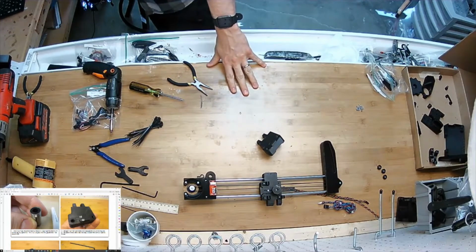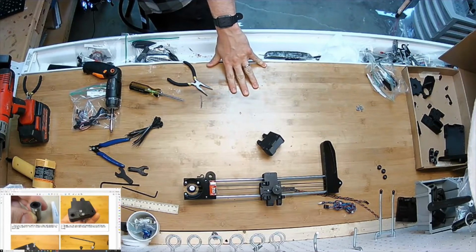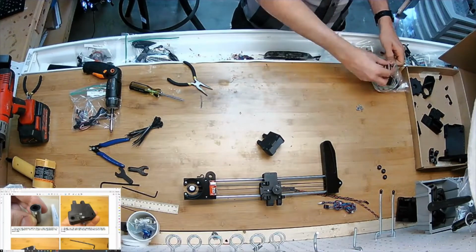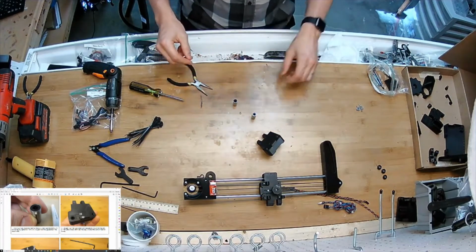Just press it in all the way. You probably don't even need to glue it. It's press fit. Okay, so I'm going to grab out of my hard parts bag the 6mm bearings, and I'm going to get my pin